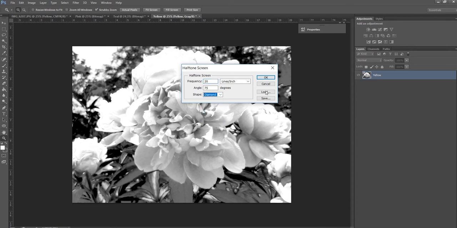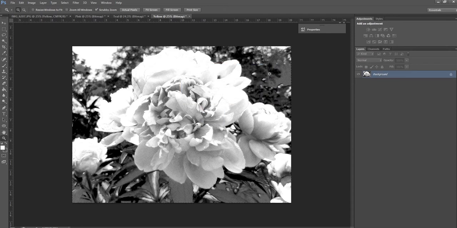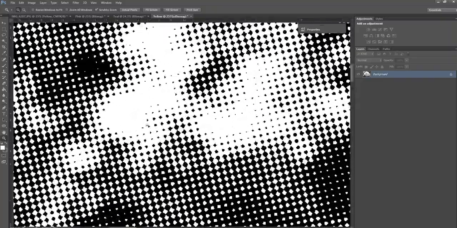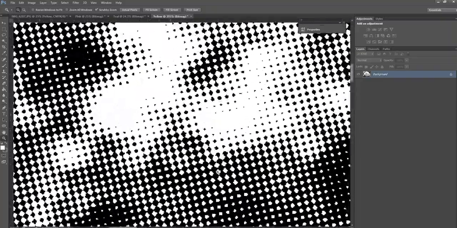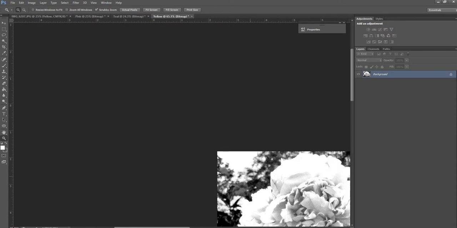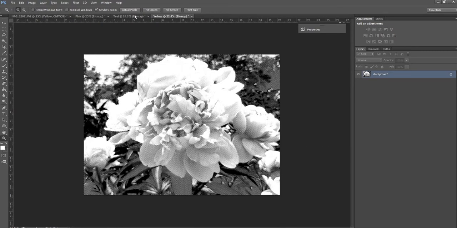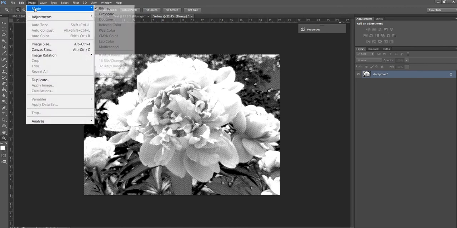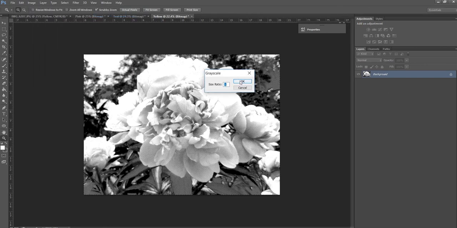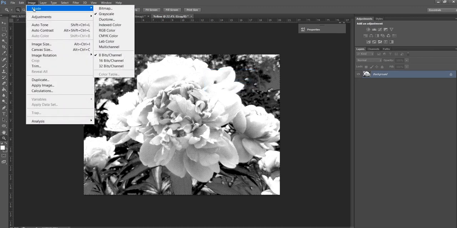I'll do diamond and hit OK. So now we have diamond shaped bitmaps. Okay, so I'm going to turn this into grayscale again, size ratio 1:1, and I'm going to turn it